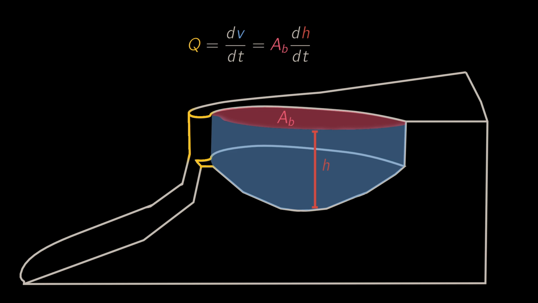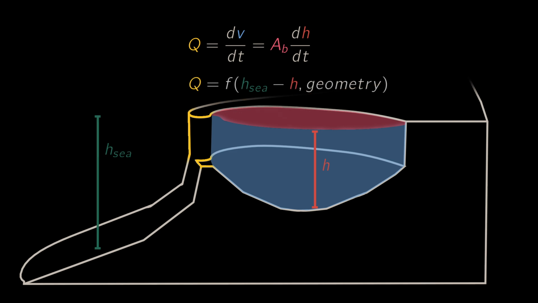That surface is not necessarily the same for all water levels, but a mean effective value has been assumed here. You also see that the flow through the gap is 0 if h doesn't change, so if the level in the basin has a maximum or a minimum. The second equation that we use is the discharge relation for the closure gap. How easily does the water flow through the gap?